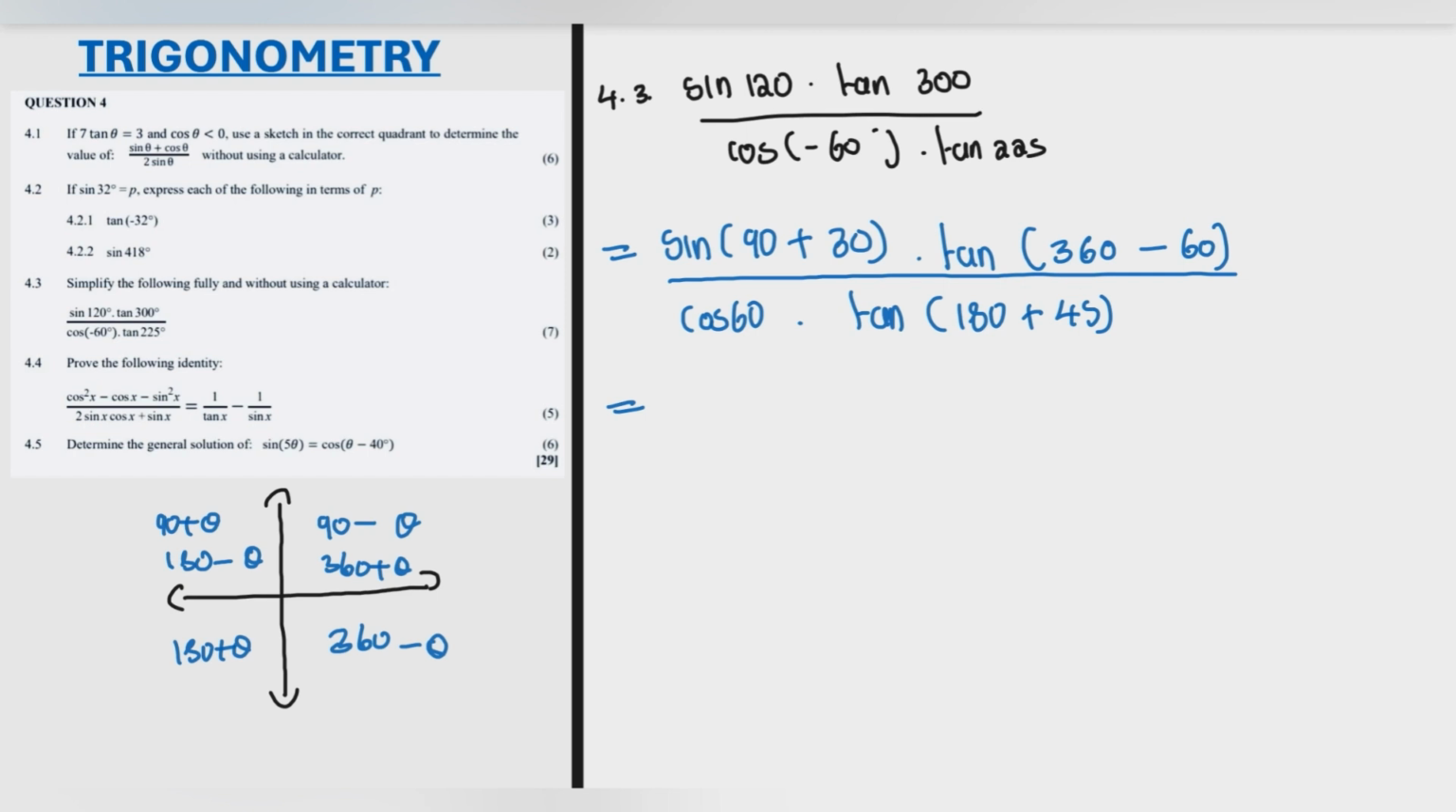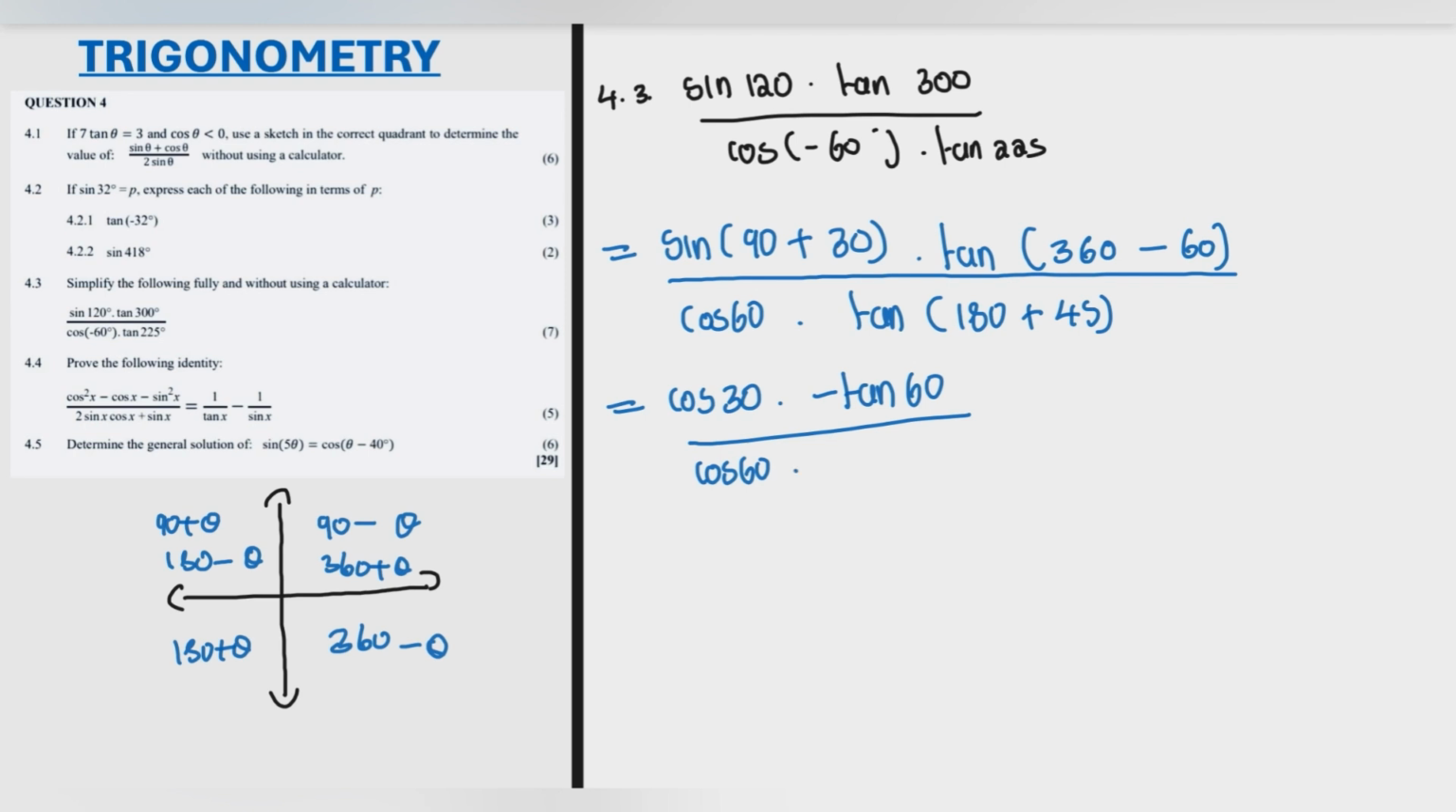Then now let's simplify. So sine of 90 plus 30, that is in the second quadrant. In the second quadrant, sine is positive, but because it's sine of 90, it will change to its co-ratio, cos. So we're going to have cos 30 times tan of 360 minus 60, that is in the fourth quadrant. In the fourth quadrant, tan is negative. So it's going to be times negative tan of 60, all divided by